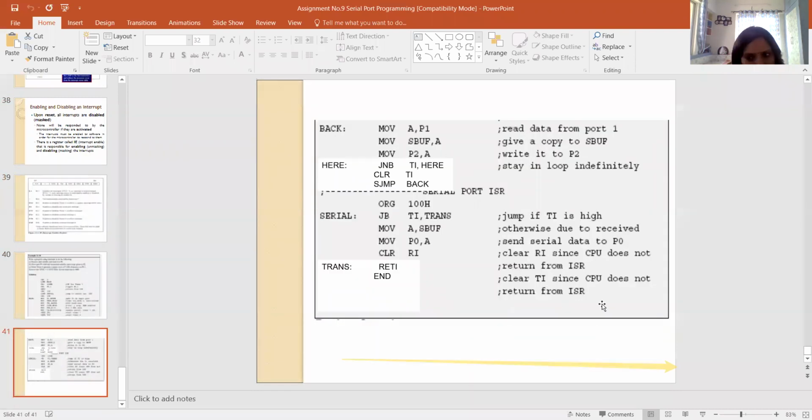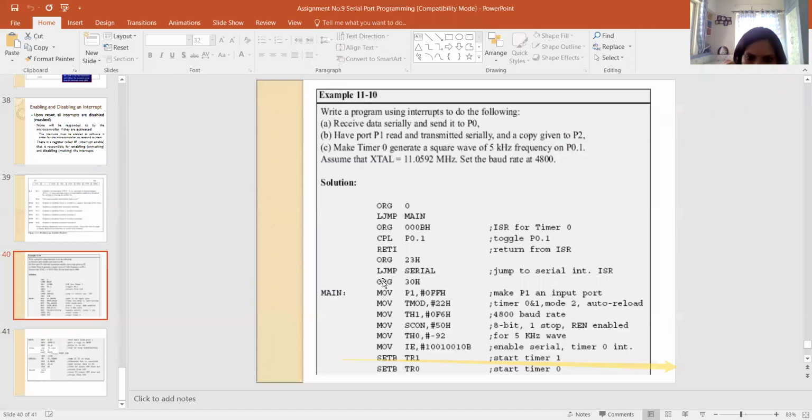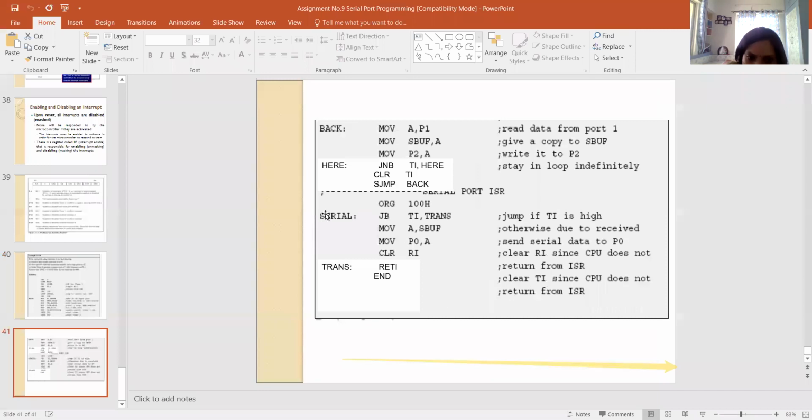Now see here, I will directly show you the execution. I will directly show you the code. In your program, you are just writing one statement, org 23h, and there I'm writing ljump serial. The same thing I added in my code. I will share that code. This ljump serial goes to the serial label, where we are just transferring whatever value is present in SBUF into the accumulator, and then from the accumulator to P0. See, this label and these 4 lines are newly added to your previous program.